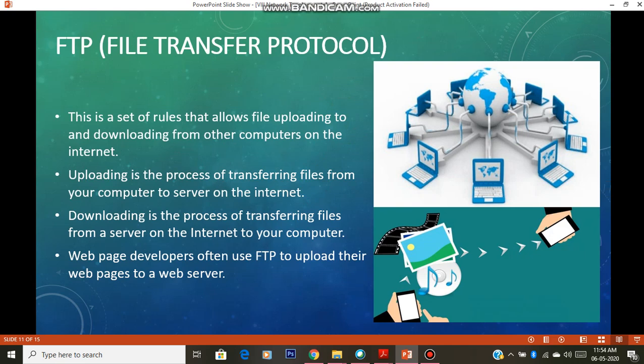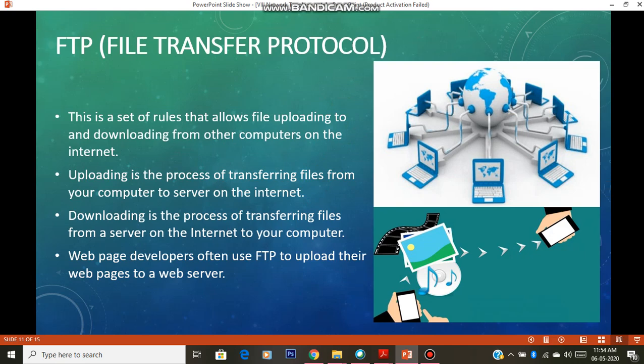You will upload your own video, right? You will upload your own video to the internet and you will download something from the internet. So what is happening is you are sending something to some other computer and getting something from another computer. As I told you, the internet is a big network of computers. You will be able to share things with each other. That is what happens on the internet.